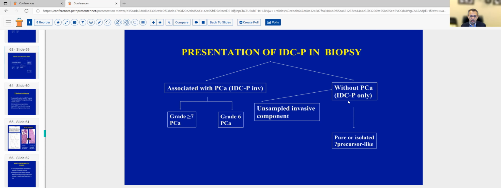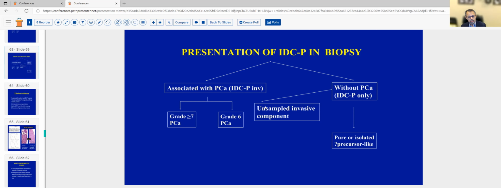But if you sample or rebiopsy these particular patients, then in a significant number of patients you are likely going to find an unsampled invasive component. In only rare situations, you may not have any invasive component. So the vast majority of